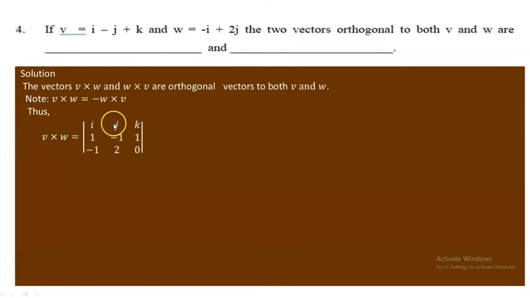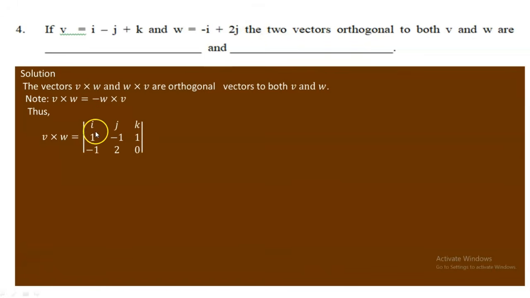V cross W can be obtained by using this approach, i, j, k. We must have the components i, j, k here. So now let's write components of V. Here they are 1, -1, and 1. So they are written here. And components of W follow: -1, 2, and 0, because the k component is not written,